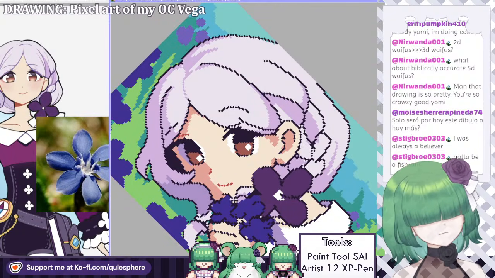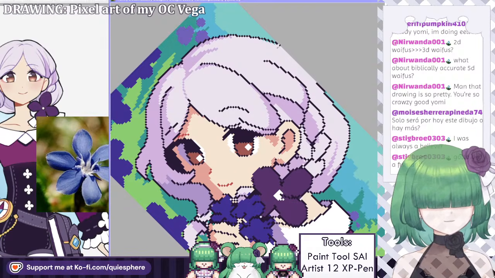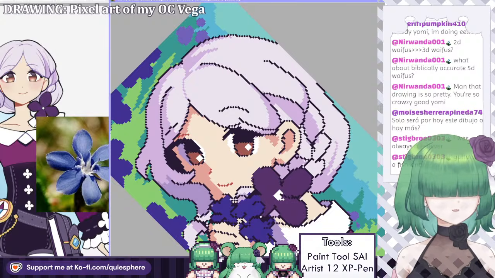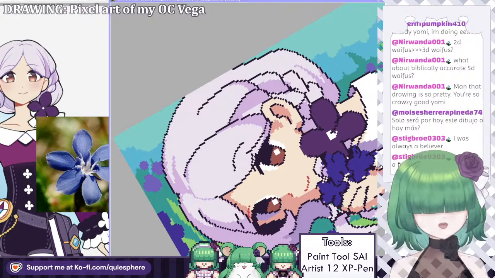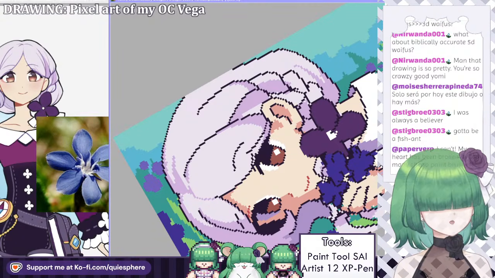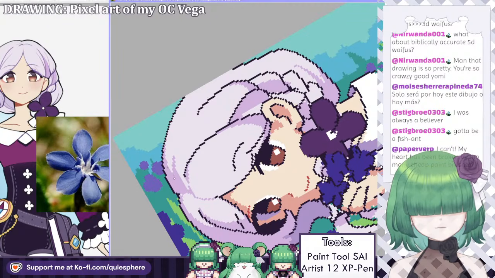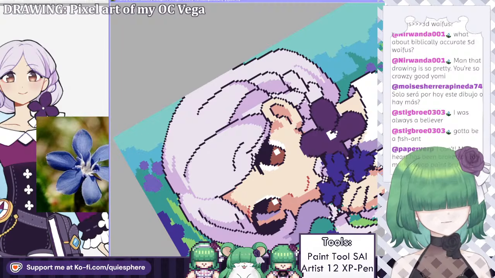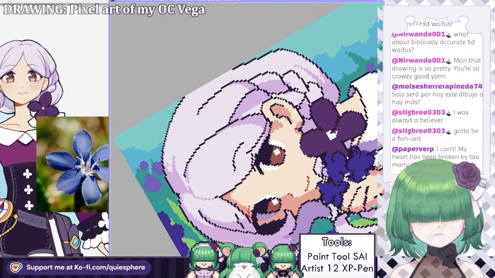I'm also trying to keep my recent drawings to only the same few characters, because I have so many characters, you know that. I feel like if I keep drawing different ones every time, it's gonna be a little bit less enjoyable because you're just gonna be seeing new characters every time that you don't know anything about, right? But if I draw the same few characters, you get to know them a little bit more. I feel like it's gonna be a little bit more interesting.